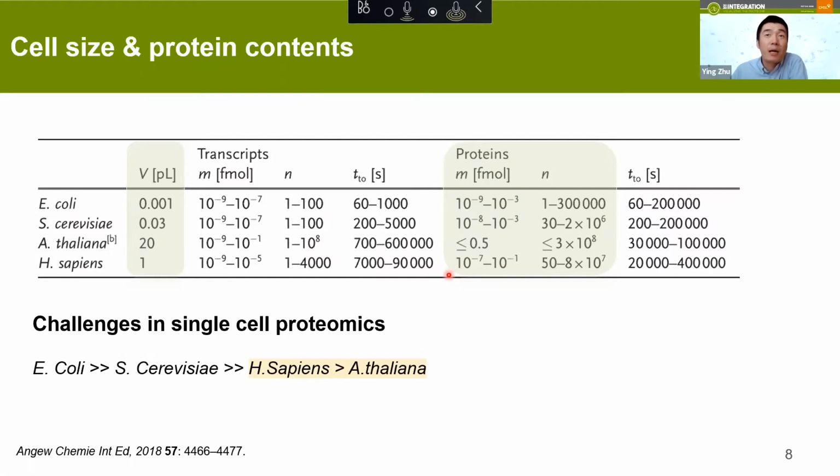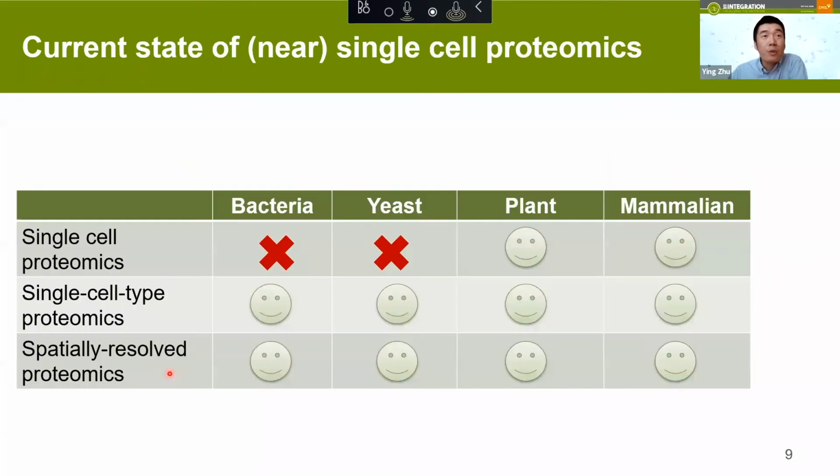It's 108 more or less. So if we consider the challenge of single cell proteomics, human or mammalian samples are easier, and plant cells are also easier. But yeast and E. coli are really challenging for single cell proteomics. So when we do this,